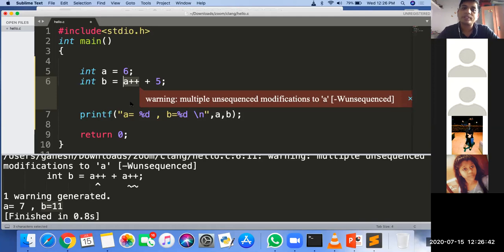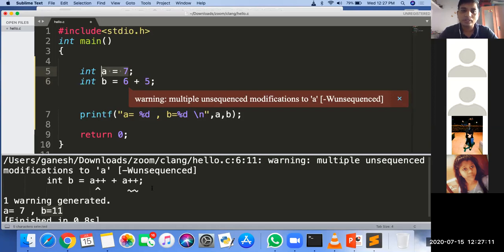This one. This is again the same post increment. Now that A is 6, we will get 6, and A will get incremented to 7. Now which operation do we solve? The plus operator. 6 plus 5, 11. So B becomes 11, and A is 7. Got it?